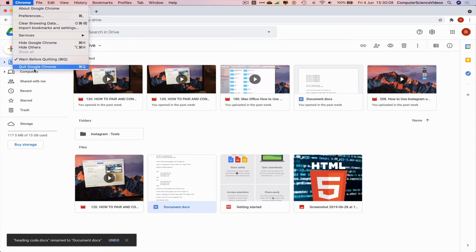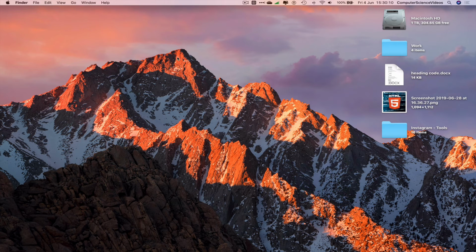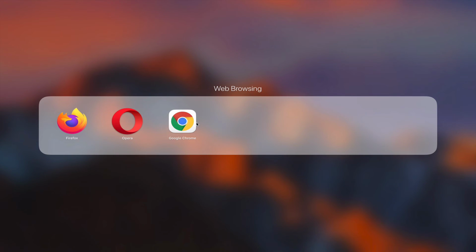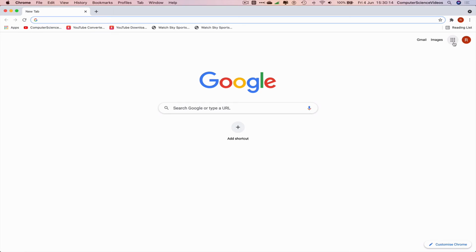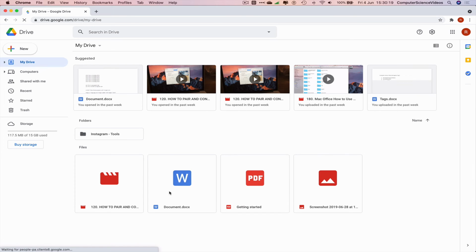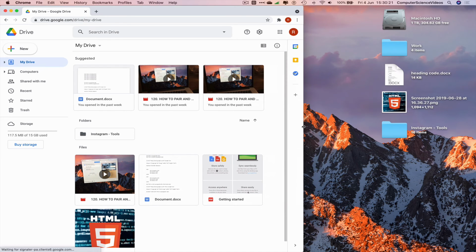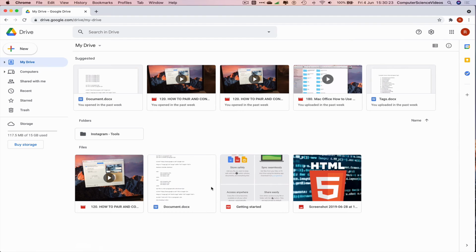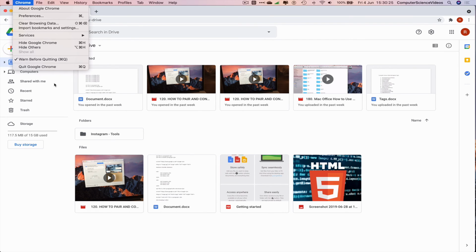So we can now quit Google Chrome, go all the way down to the dock, again go to Launchpad, go to Google Chrome, go to the Drive, and there we see the document that was initially called heading code, now changed to document. So we can now quit Google